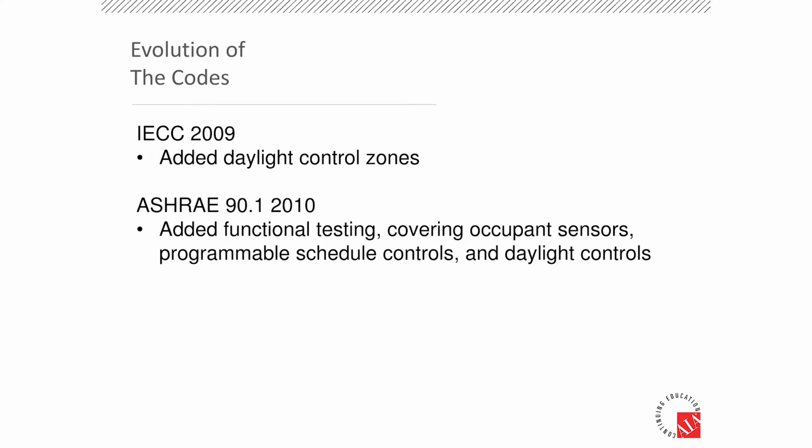In 2010, ASHRAE added functional testing. First time we saw functional testing in the energy codes. And it covered occupant sensors, programmable schedules, and daylight controls. And the requirement was that they're generally in proper working order, that they're in accordance with the contract documents, they're placed right, they time out at a reasonable time,